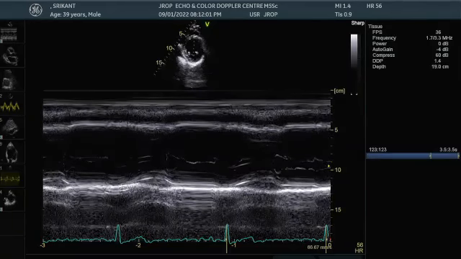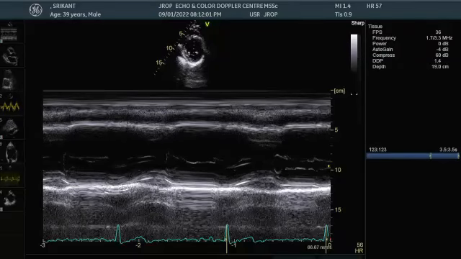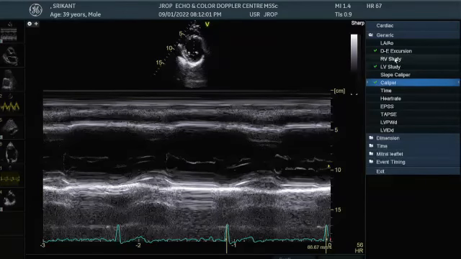So I'm optimizing my image. I'll show you from where to where. From this point to this point, this is septum. From this point to this point is posterior wall. Then I trace this posterior wall from here to here. From the same point I'll trace over here, from this point to this point would be my septum. So now I'm going to measure it for you.